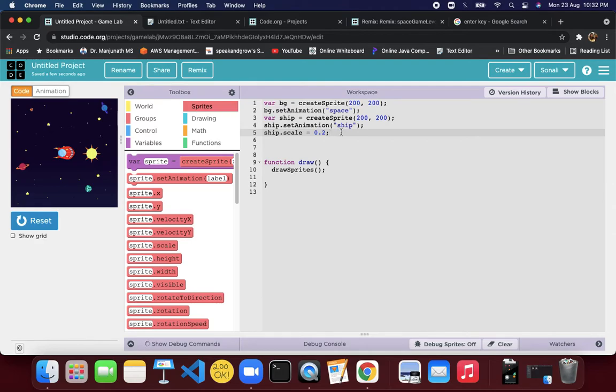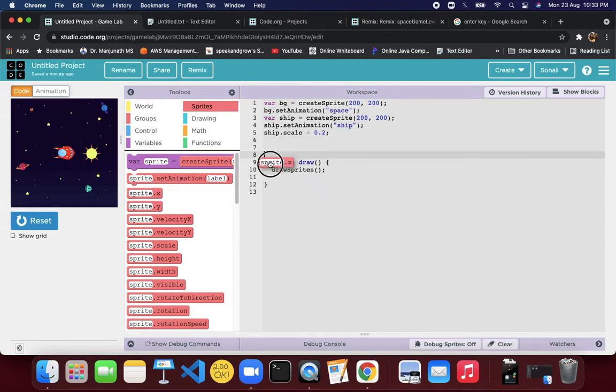I want to move this ship to the top left corner. Whenever I am rolling this cursor in this simulation, down here you find x and y. Do you see? If I keep the cursor here, the x is somewhere around 30 and y is also 30, right? So we can move this shape here by setting its x and y to 30, 30. How do we do that?